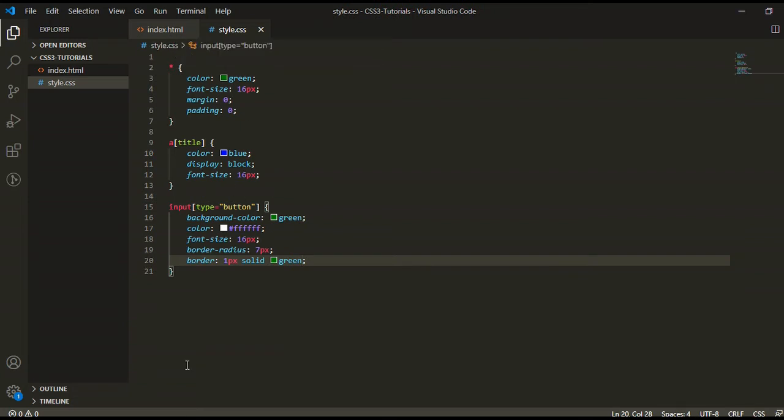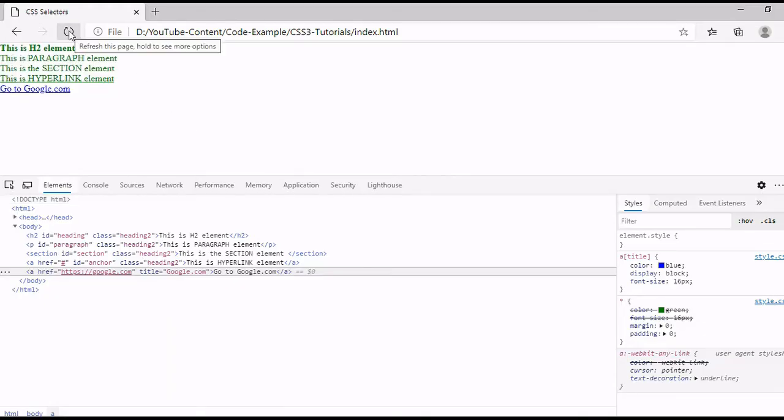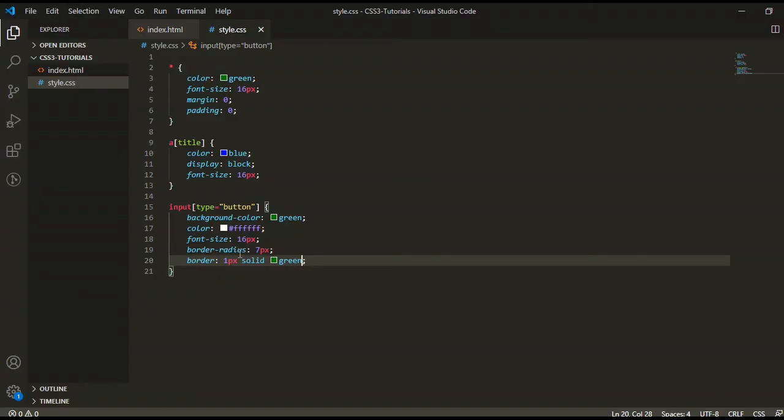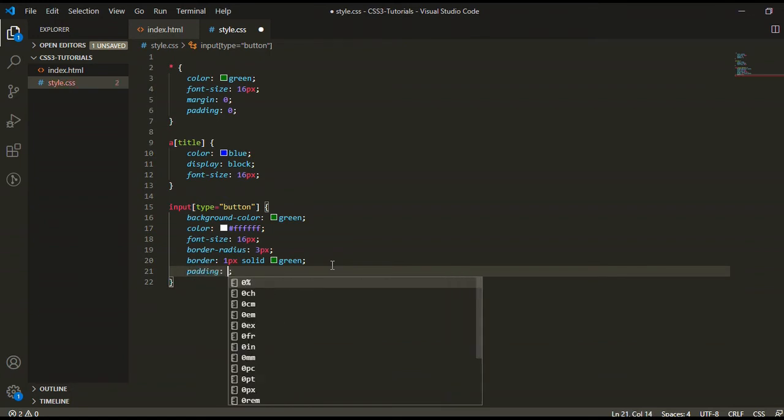So let's see in the browser. Here you can see our button. Let's decrease the border radius for the element, and also give some padding, five pixel from all the sides.